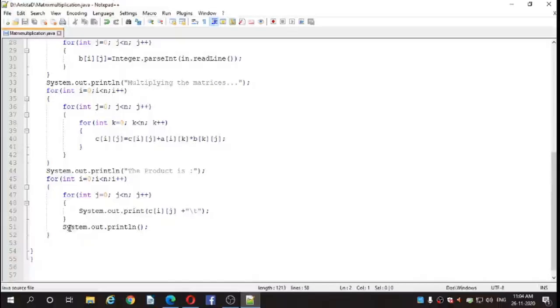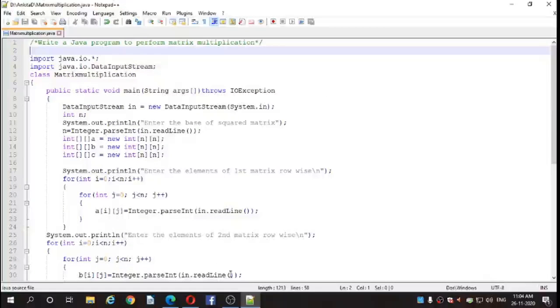And inside the j loop we are printing the element from the result matrix, that is C of ij plus we have given here the slash t, that is a tab. So the result elements will be printed in a matrix format. Okay, and we are done with the class MatrixMultiplication.